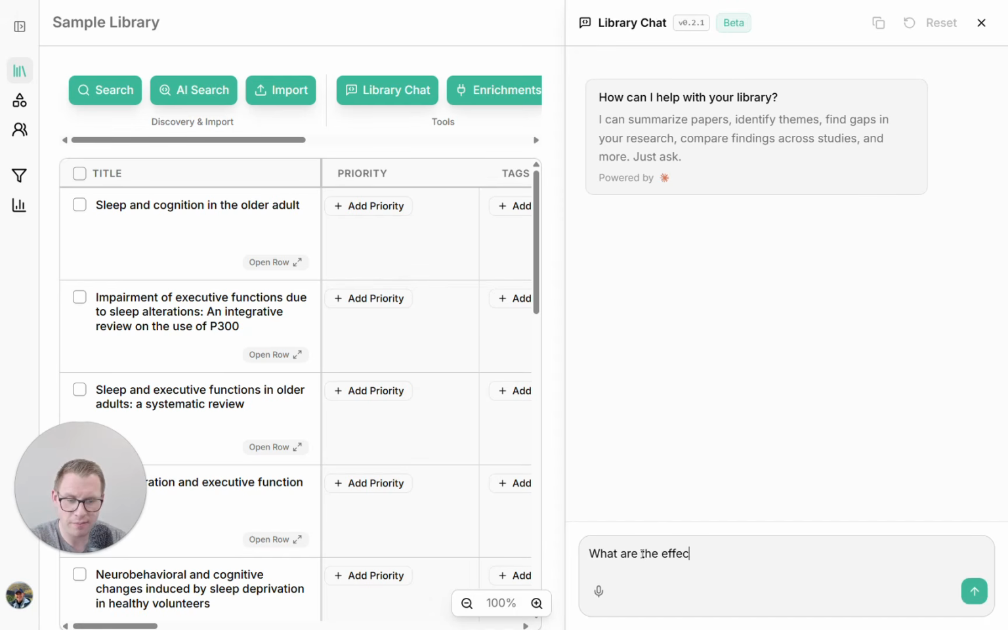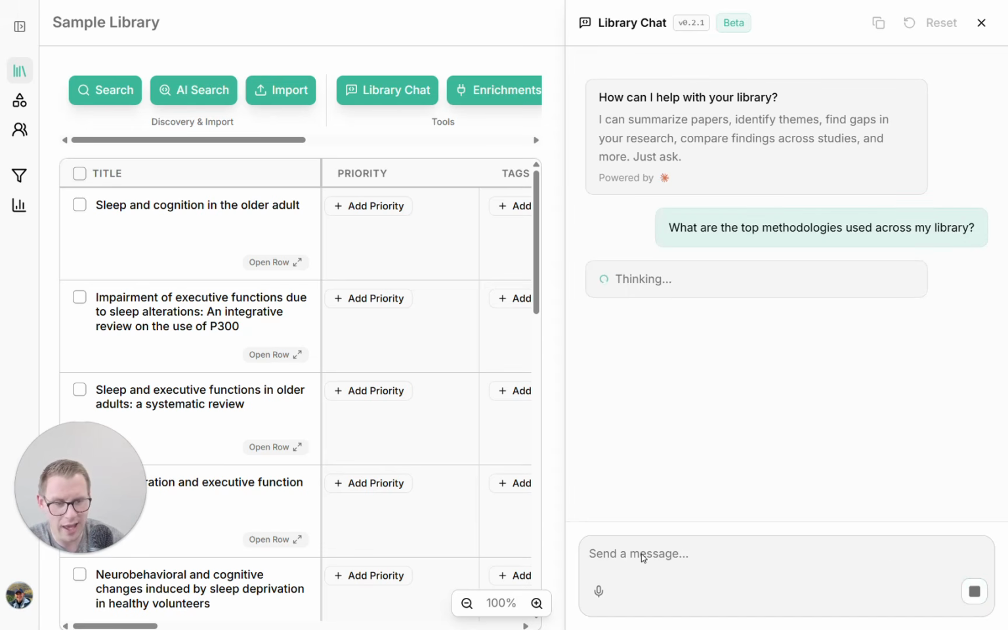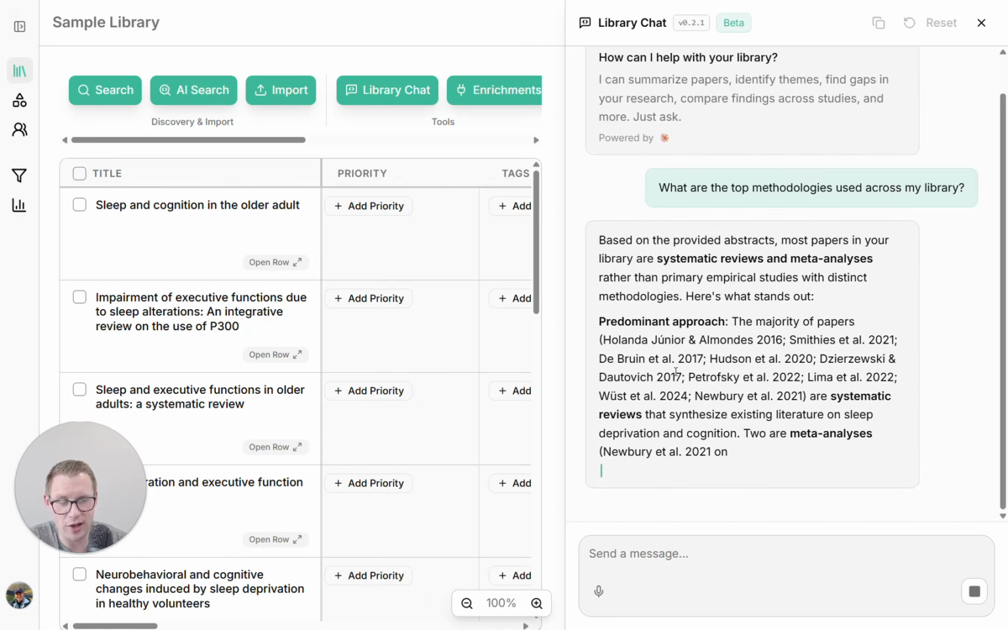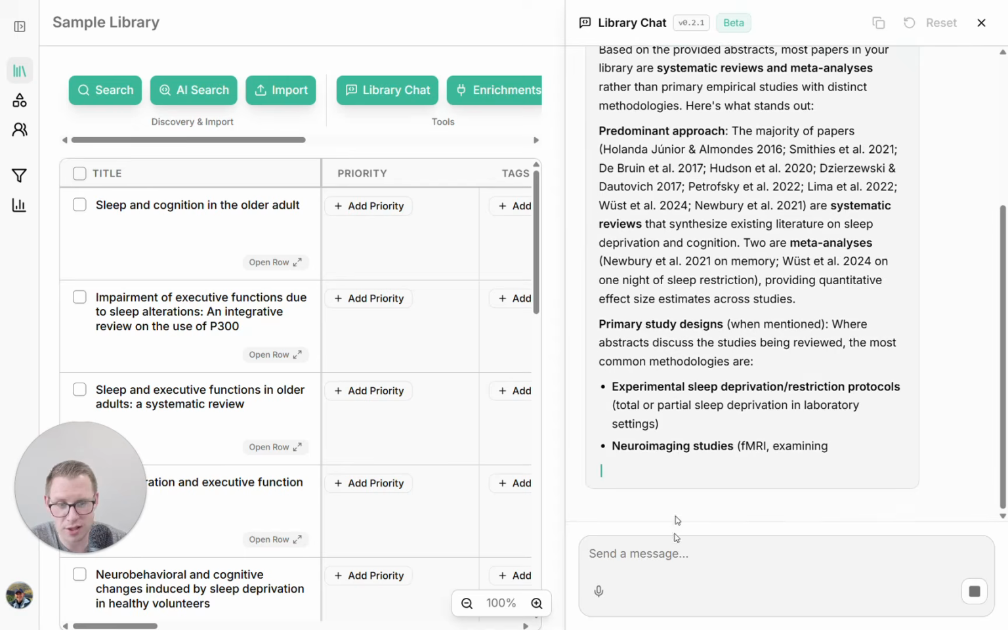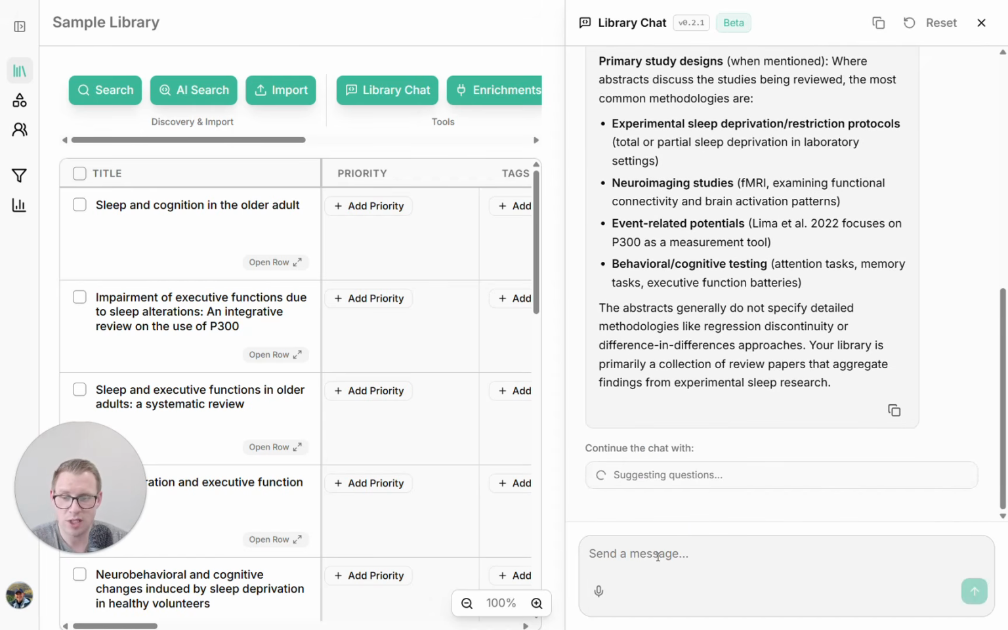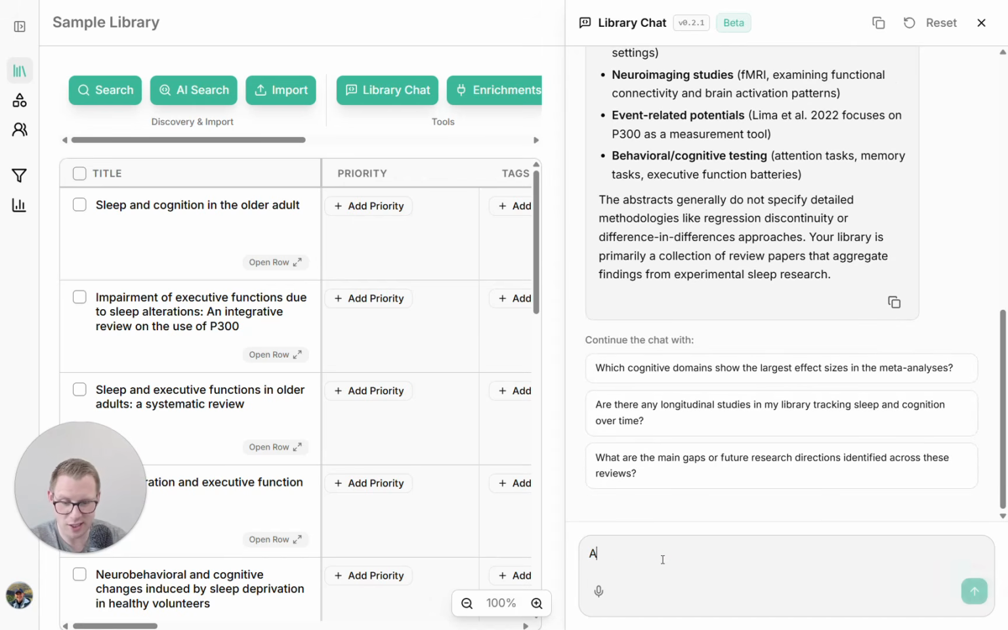Pretty straightforward. Every single prompt also includes your library data. And so I can ask questions like, what are the top methodologies used across my library. And indeed, your papers are being plugged in here, and you're getting a response on what the top methodologies are. I could alternatively, something I think is a nice illustration of how creative you can get with this, say something along the lines of, if my research topic is the effects of sleep deprivation on cognitive abilities,